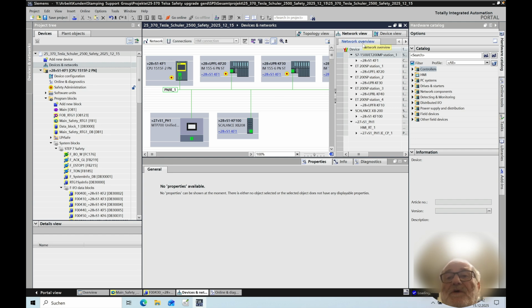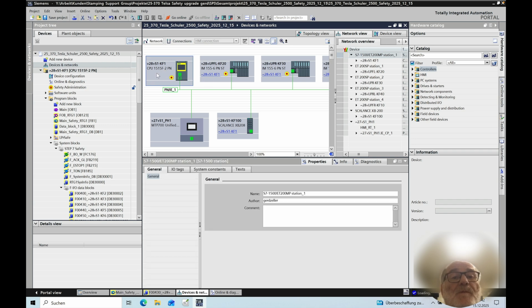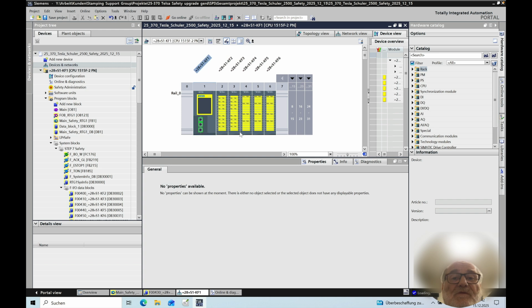button here you open the network view, and in this particular case we will go to the device view by using the CPU, and then on the CPU I have a rack with 5 cards, 2 input cards and 3 output cards, and on this output card click anywhere on this yellow. The yellow color just signifies that it is an output module, a safe output module, a Failsafe output module, and